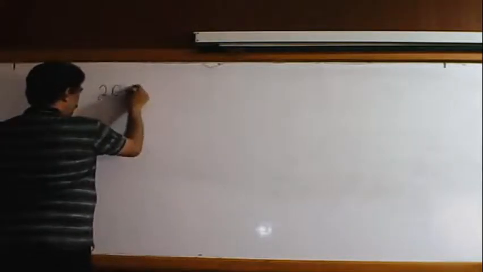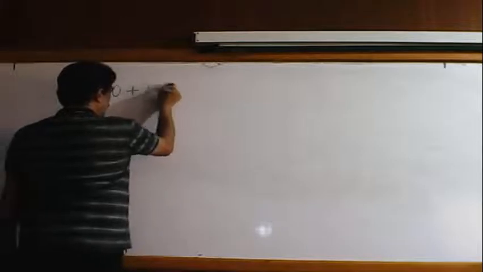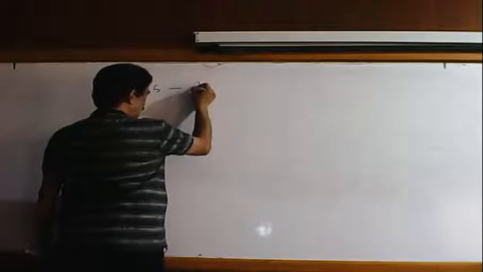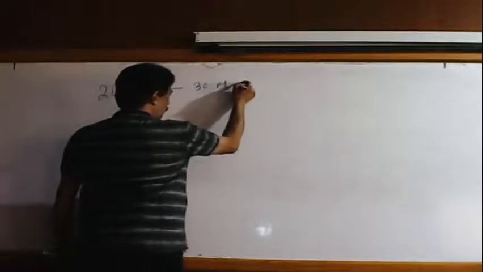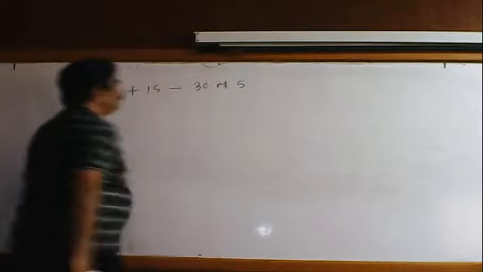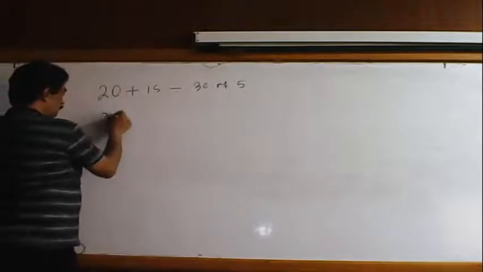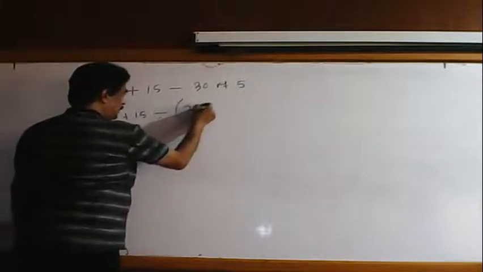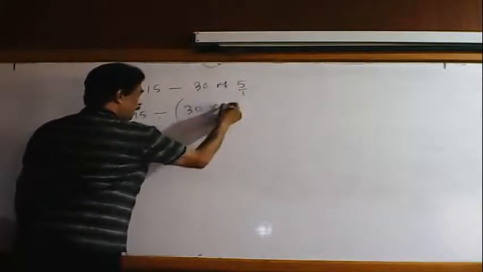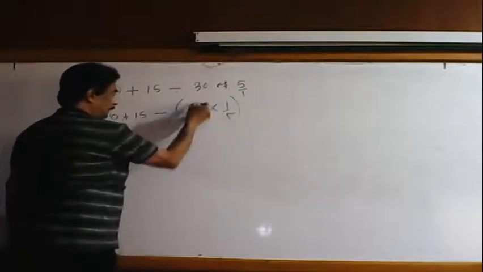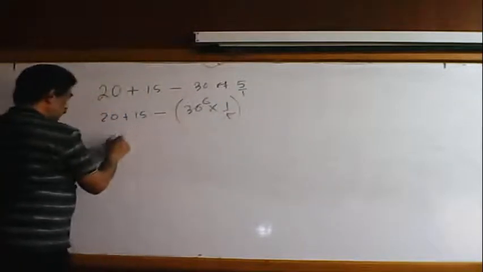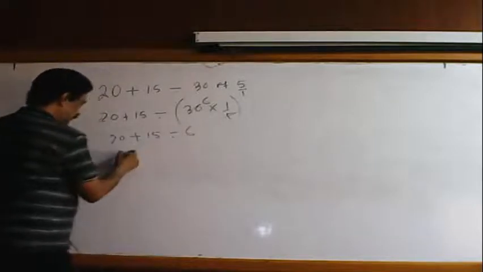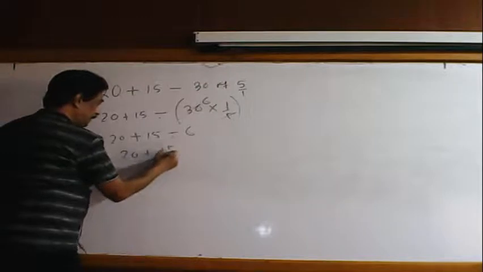20 plus 50 division 30 of 5. Now 20 plus 50 division, the pending 30 multiply this 5 by 1, means 1 by 5. So 5 6. So your result is 20 plus 15 divided by 6. Your result is 20 plus 15 by 6.